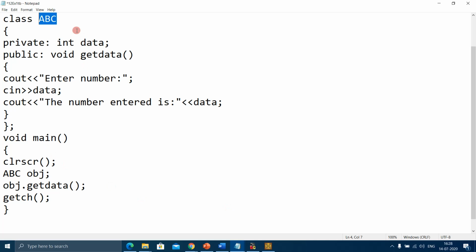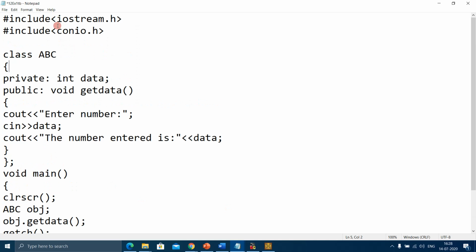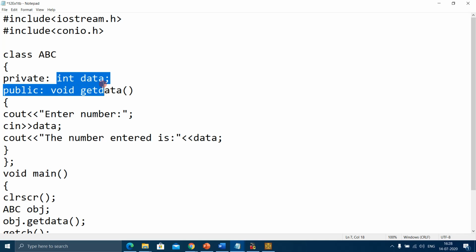So here's a class. By now you know how to declare a class, and then you open the curly braces so that whatever you write after them belongs to class ABC. Can you see I have used int data. Here data is a variable. A variable name can be any name: A, B, C, X, Y, Z, P, Q, R. I have given the name of the variable as data.